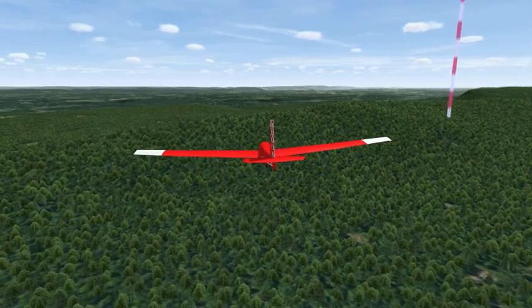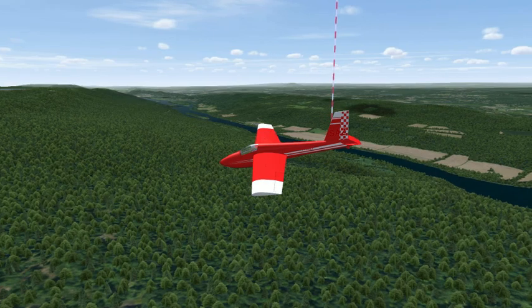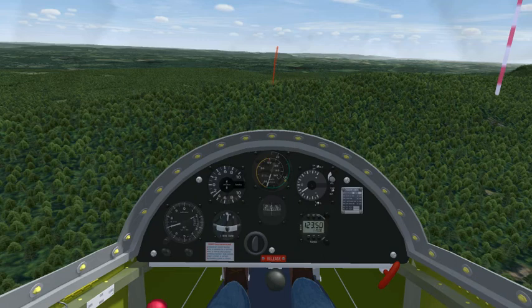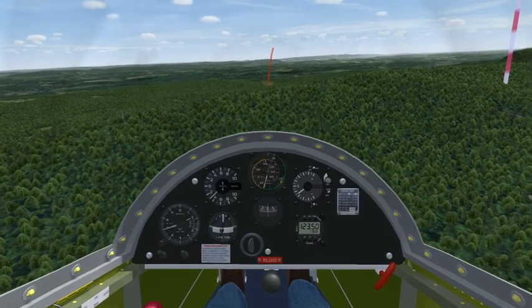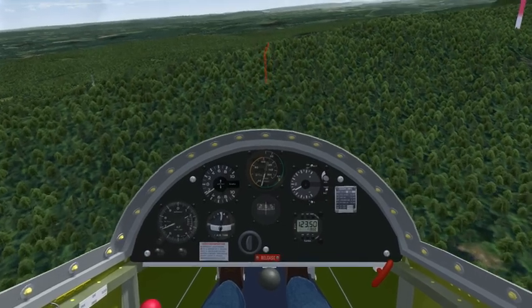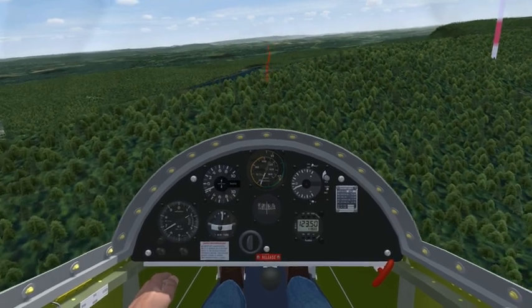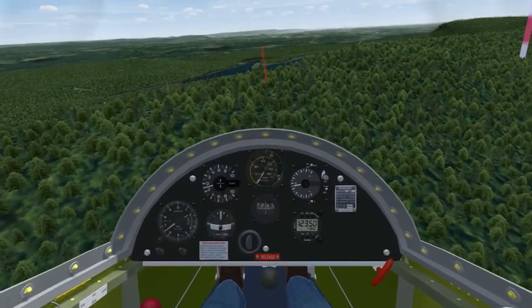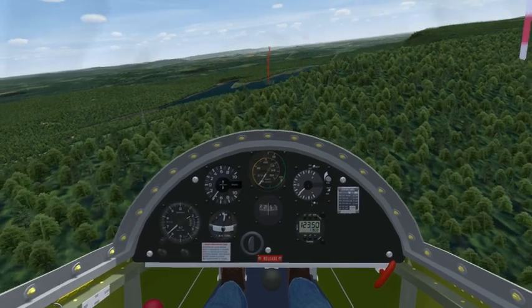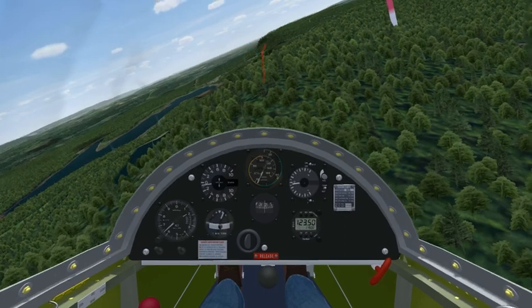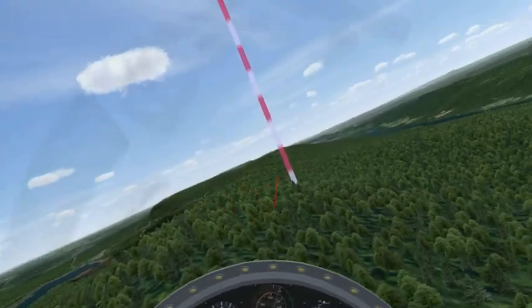Basically, if we get there at ridgetop, we can still turn around and get through the corner there. But that's really intimidating, and for good reason. If we hit some sink, we're totally committed to this jump. It's either we're going to get across at ridgetop, or we're going to go for our out. And in this case, we just made it across, and I'm going to show what that side picture looks